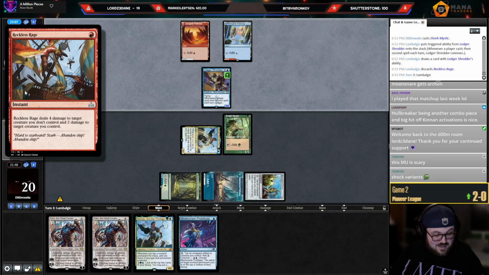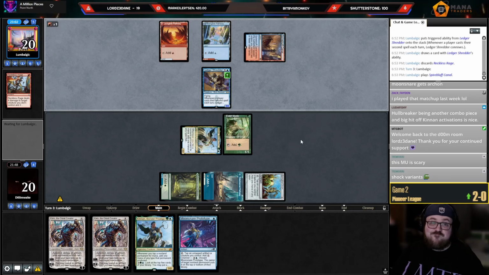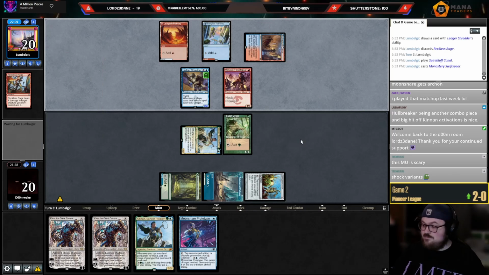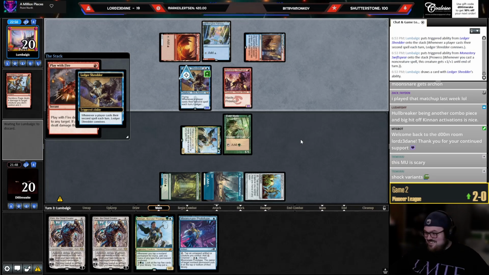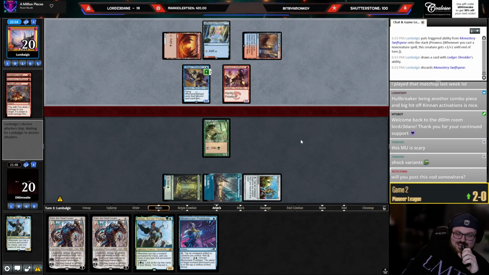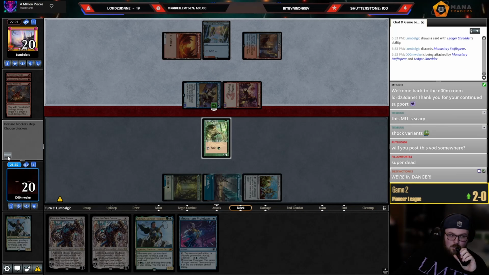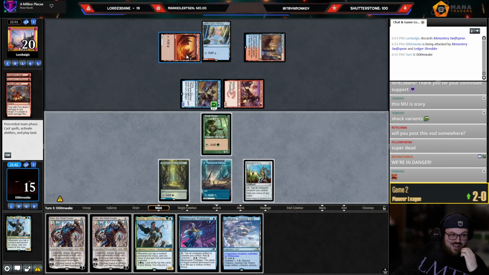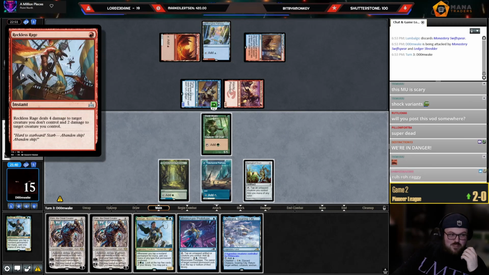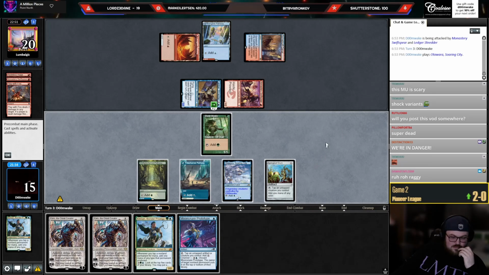Wait, what? They discarded Reckless Rage. We're dead. We are so dead. Yeah, you gotta realize when they're discarding their best removal spell that you cannot possibly win. Well, we get to play Karn. I don't know what it's doing, but...